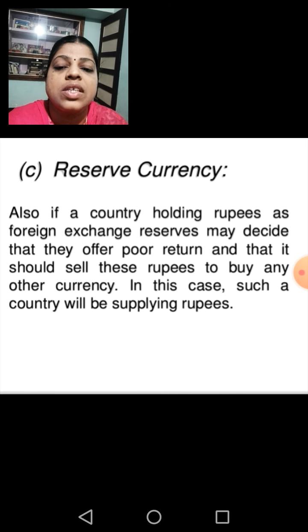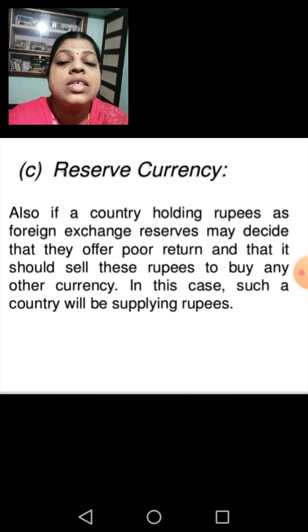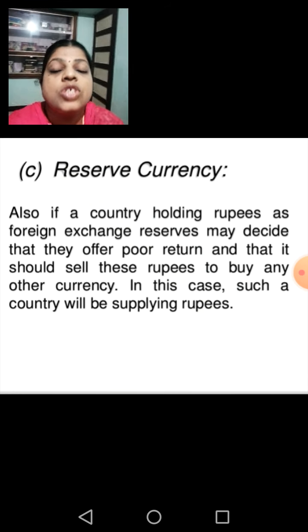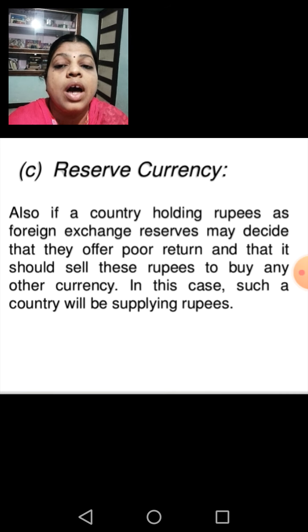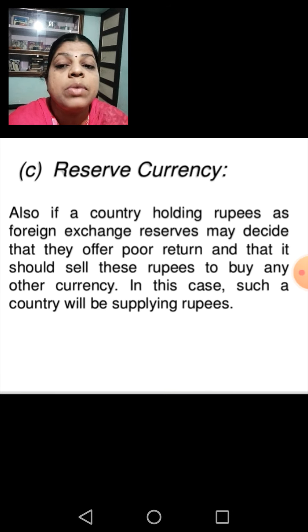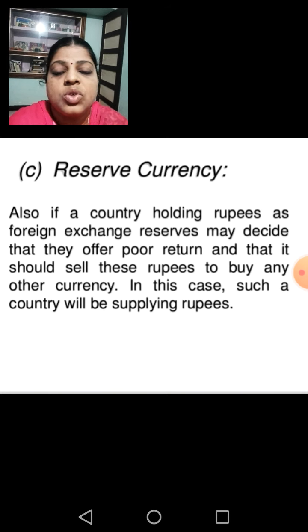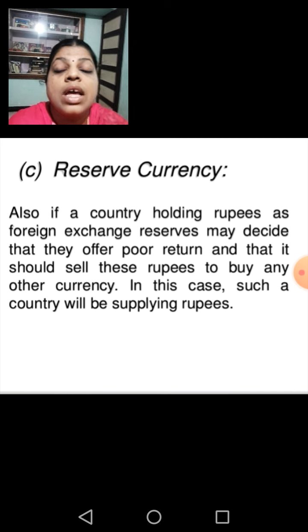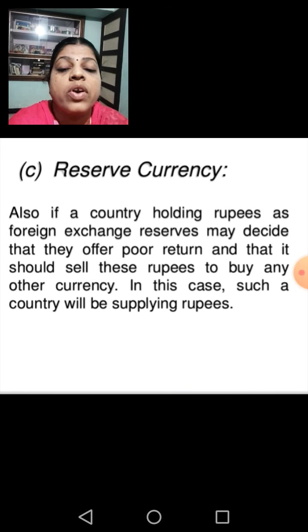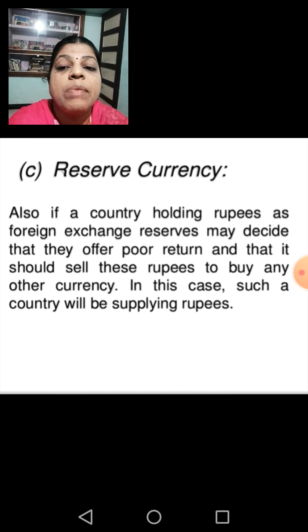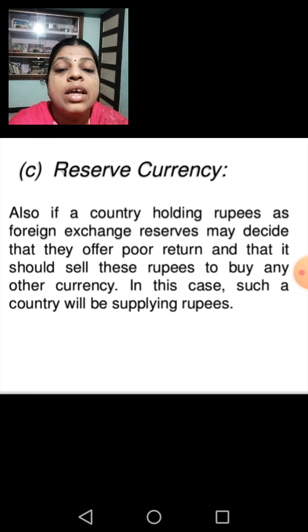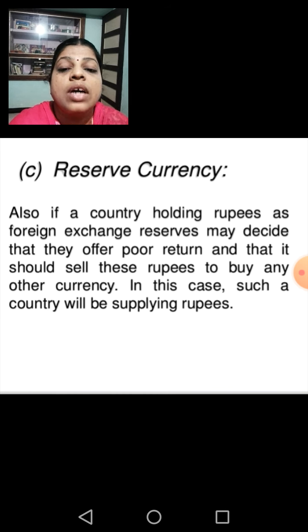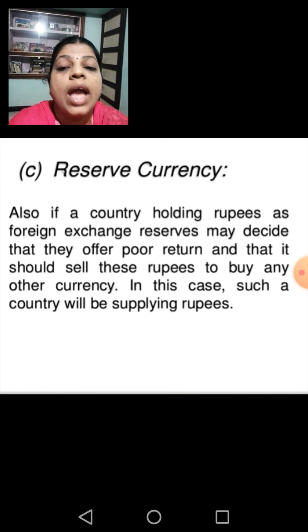As I told you, every country will accumulate some reserves of different currencies in order to meet an emergency crisis. At that time we cannot hurry and rely upon other countries, and it is not necessary that they are ever ready to help our country. So to meet an emergency crisis, we have to accumulate some reserves of other countries' currencies so that we can meet our